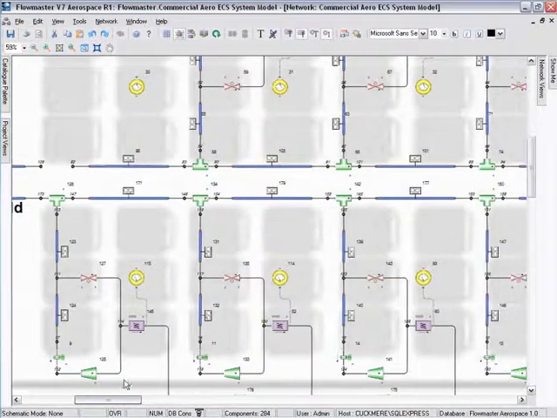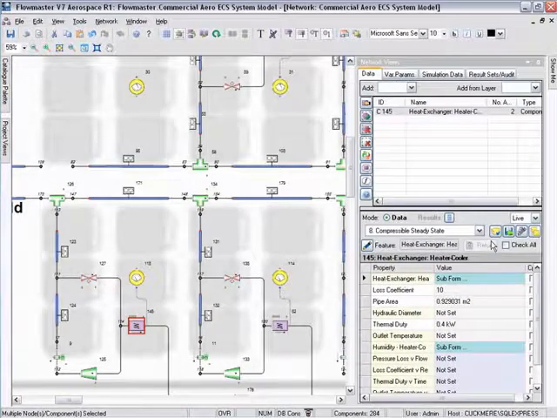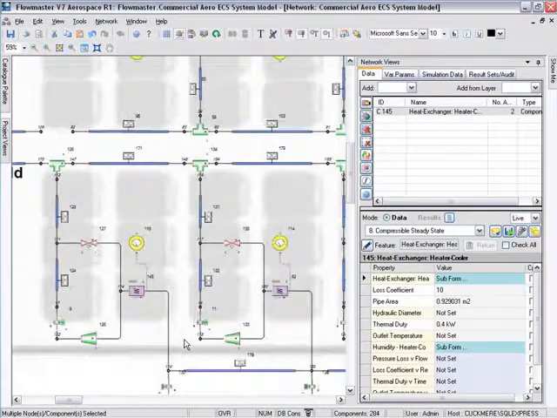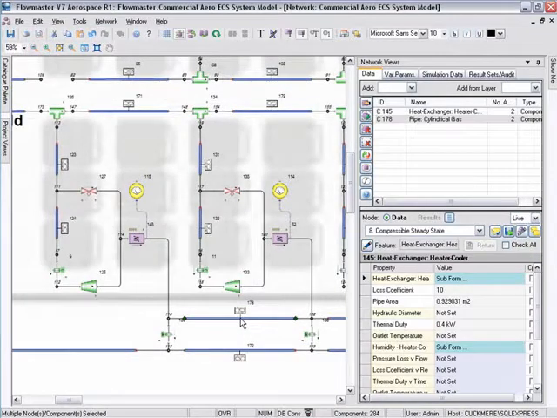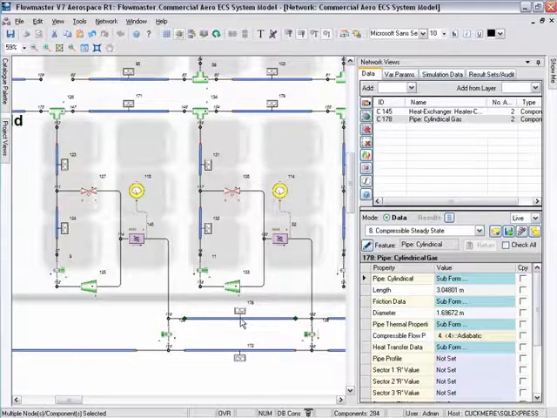The 3 rows of passengers and the heat load those passengers will impart into the system are represented using this heater-cooler component, which has a heat load of 0.4 kilowatts applied. We then have these larger pipes, which represent the airflow and mixing through the cabin, and the air is drawn